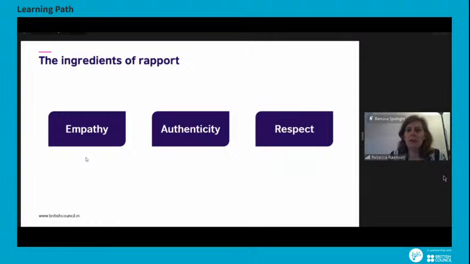And then the final one is respect. Respecting them as individuals, having regard for their wishes, their feelings, their rights, letting them express themselves, letting them express their opinions, and whatever those